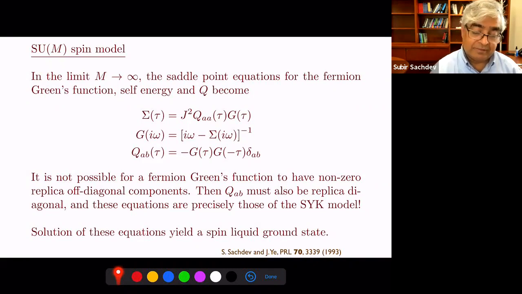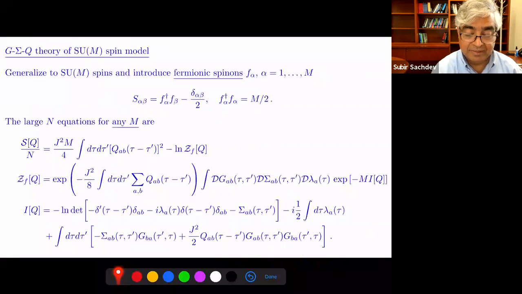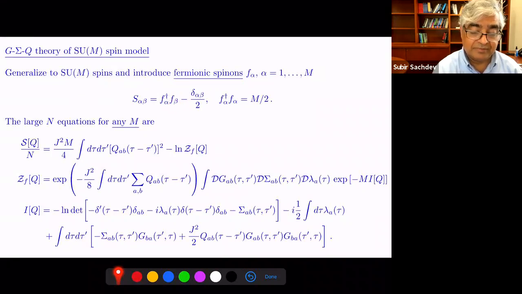But one important difference between the SYK model and this model is that these are equations for particles that are fractionalized. These are equations for these fermions, which are just fractions of a spin. In particular, there's a U(1) gauge symmetry here. If you rotate the F's by an arbitrary phase factor, it doesn't change S. That's not true in what's called the SYK model. There is no emergent gauge symmetry there. But here there is, and that changes many of the properties that I'm going to discuss today.